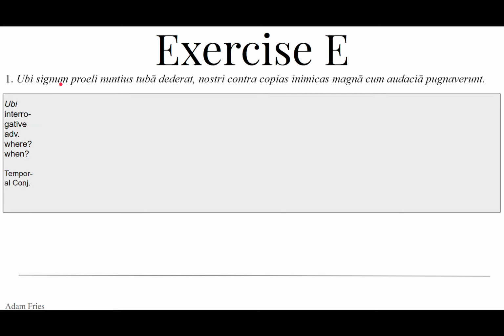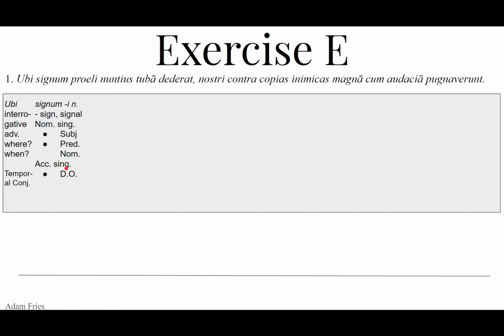Signum, from signum, signi, neuter, sign, signal, can also mean military standard. Now that form signum, it's a second declension, so that is either nominative singular, and its reason will be either the subject or the predicate nominative. So the sign or the signal will be the thing doing the action of the verb. Or if we have a linking verb, it could be a predicate nominative. It could also be accusative singular because those pesky neuters have the same form for either nominative and accusative. So signum, signi, signo, signum, signo.